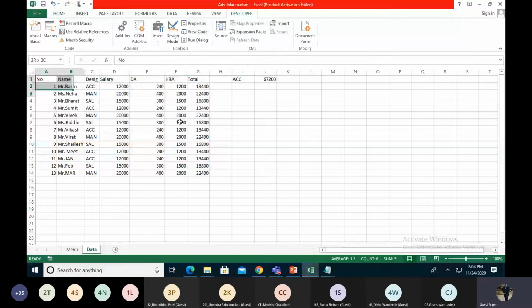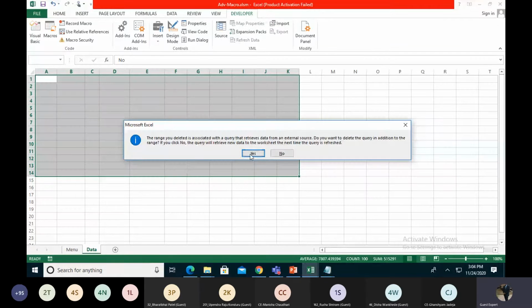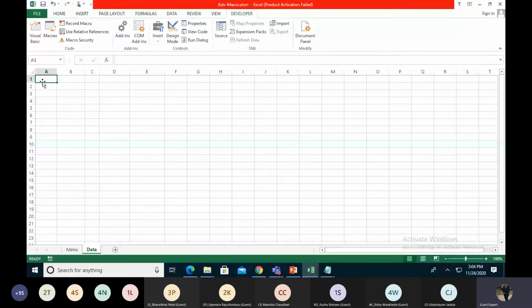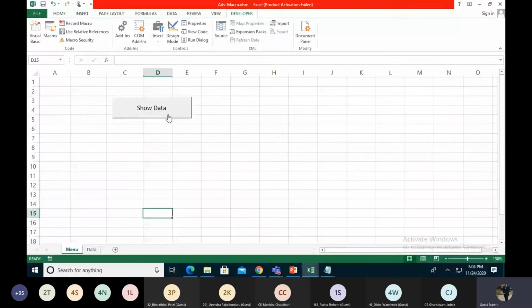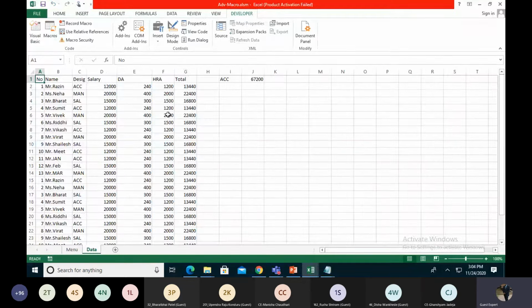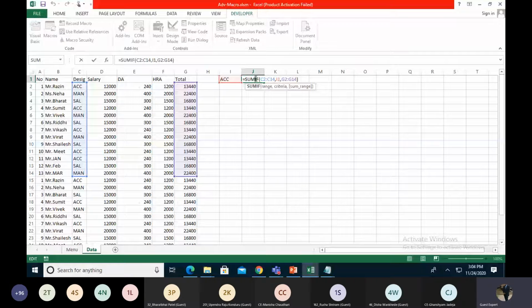Right now, I'm just removing everything. A1 menu, show macro. They show me the accountant, but when I click over here, they're only taking C2 to C14. Why should I take the whole range?